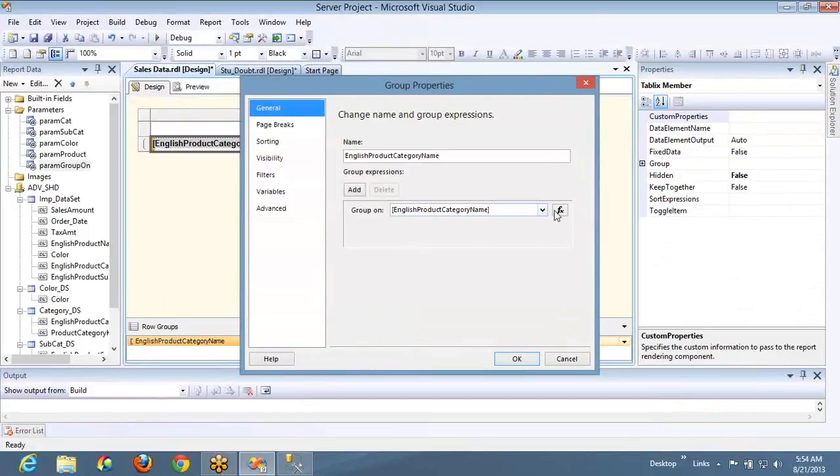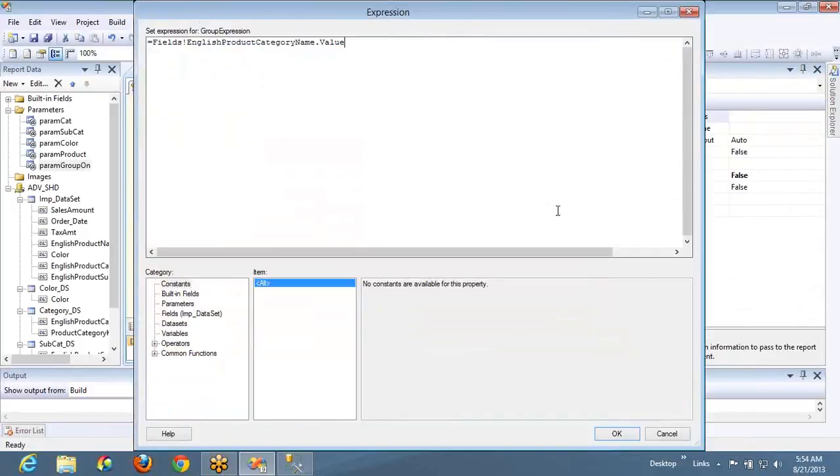This is based on category. It should not be category. This is driven by the parameter. That means it is dynamic. Right? This is a dynamic one. So how to make it dynamic? If